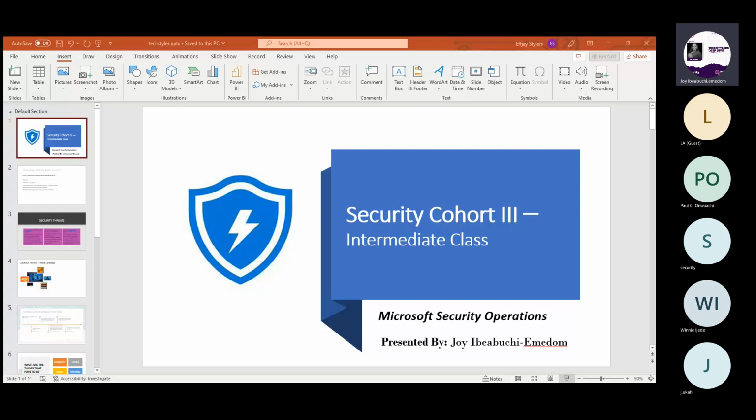All right, ladies and gentlemen. Okay, so we'll be looking at Microsoft Security Operations, how Microsoft uses the security portal to run security operations, and what security operations, detections, and remediation, threat management, all of this. Microsoft has the security operations portal, and the good thing is that it can be